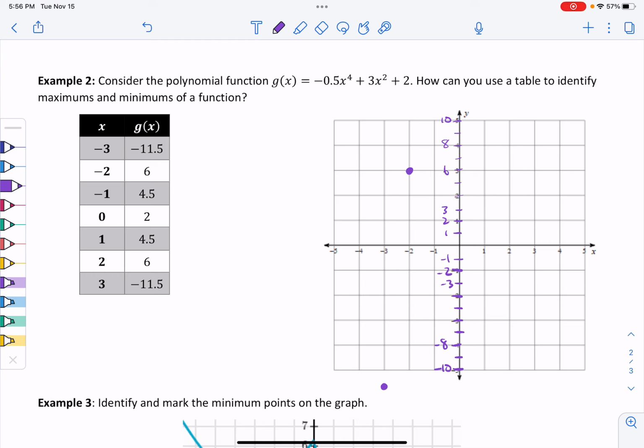Negative 1, 4.5 is going to be right there. 0, 2 is going to be right there. We have 1, 4.5. We have 2, 6. And we have 3, negative 11.5 right down there. So our graph looks something like this. So we have a few turning points, as you can see. Now,